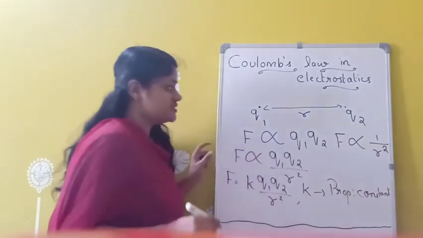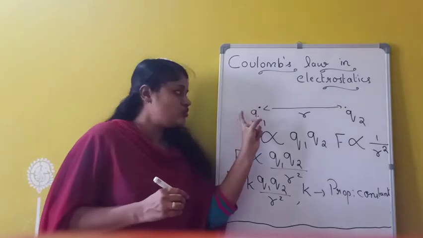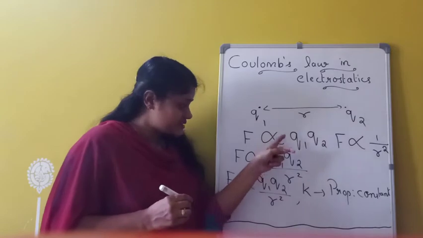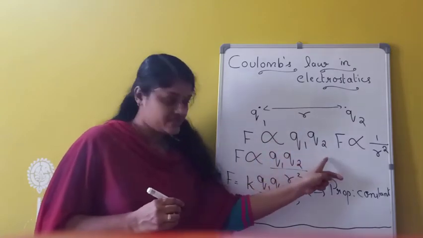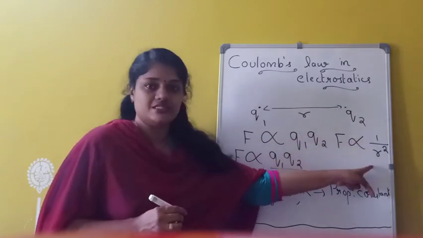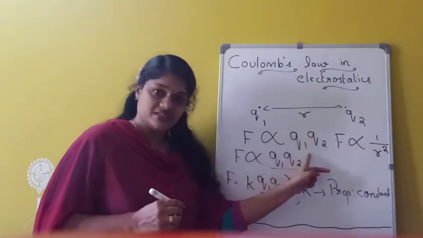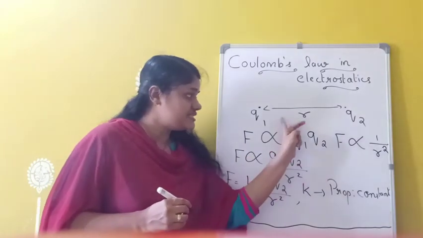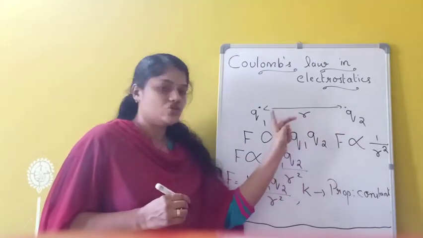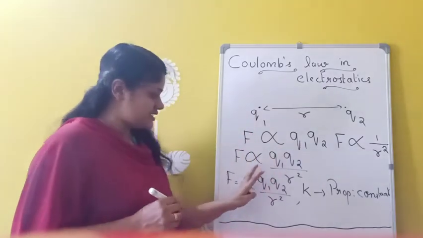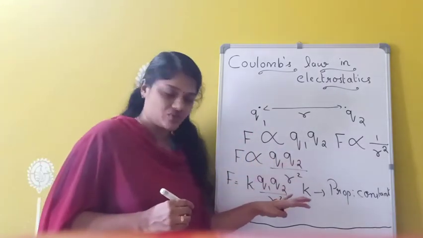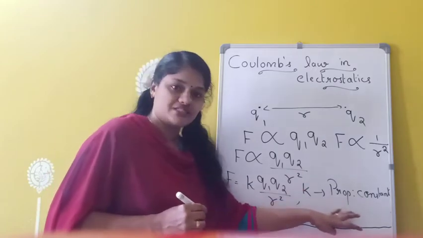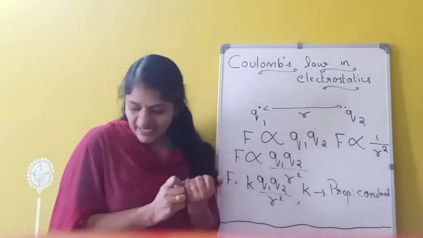Once again, Coulomb's law states that the force of attraction or repulsion between two stationary point charges is directly proportional to the product of the charges and inversely proportional to the square of the distance between the charges. That means whenever the magnitude of charge increases, force also will increase, and whenever the distance between the charges decreases, force will increase. Together we can write F is proportional to Q1 Q2 by R square, or F equals K into Q1 Q2 by R square, where K is the proportionality constant and its value is